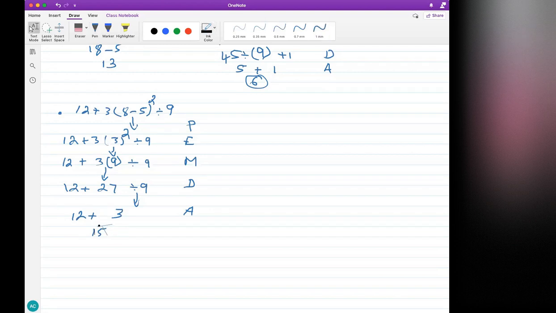Okay, so the order is basically universal everywhere. It's the same thing, same method. Math is a universal language. It's the same everywhere you go. That's that. Let's see now another